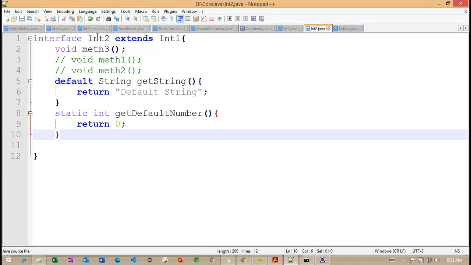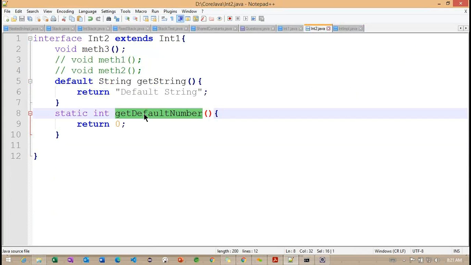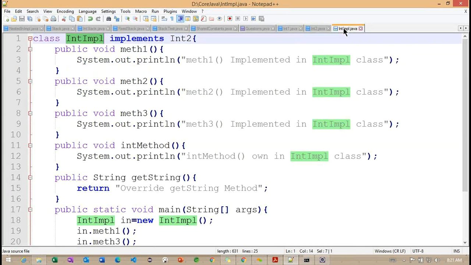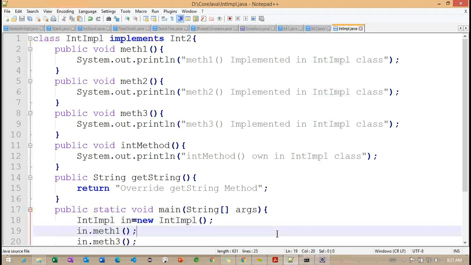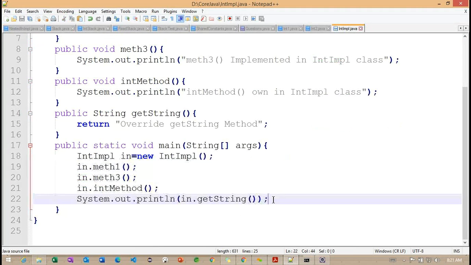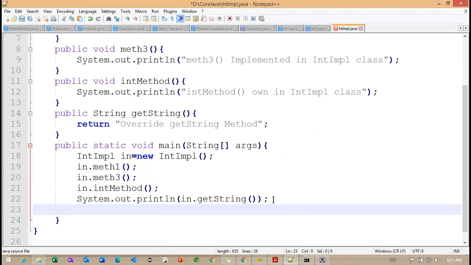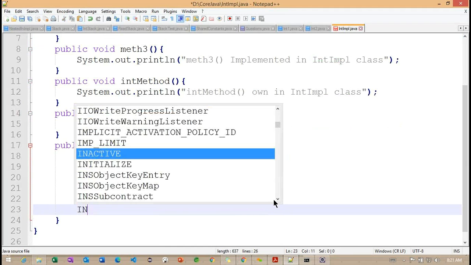Now observe. Inside this particular int2, we created a default to number, which is static. Now I'm trying to call the default method.